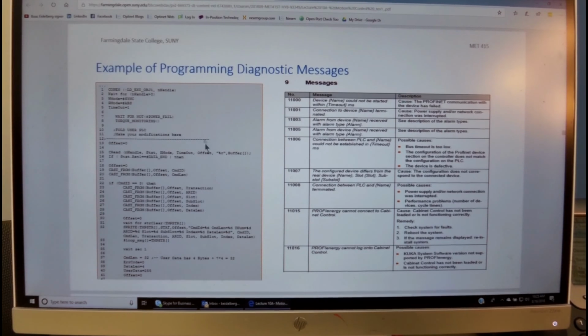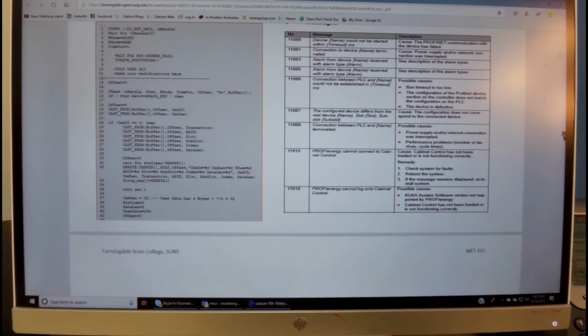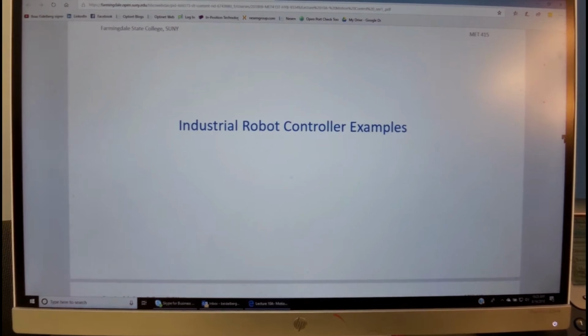Here's an example of programming with various diagnostic messages that the software engineers have to be aware of when they do troubleshooting of any problems through the process.